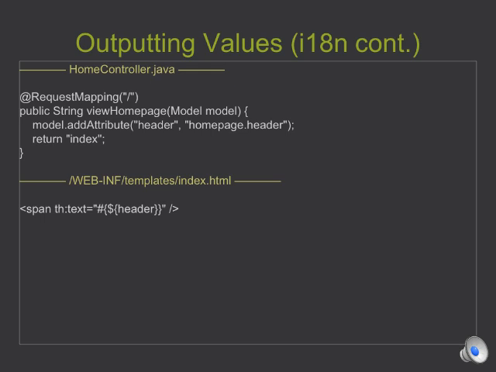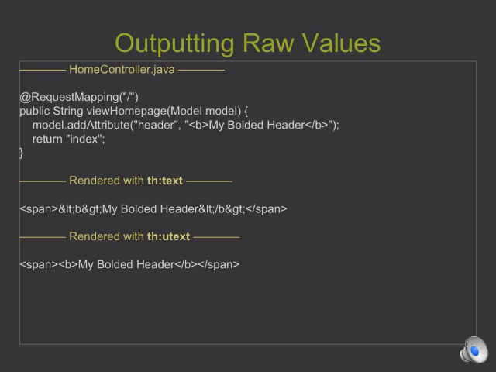Alright, move on. So sometimes you want to output raw values. Maybe you have something a little bit special. For example, maybe in your admin application you're providing a rich text field where people have this little WYSIWYG editor that lets them bold and change colors and change font sizes and things like that. And you want to render that value on the front end